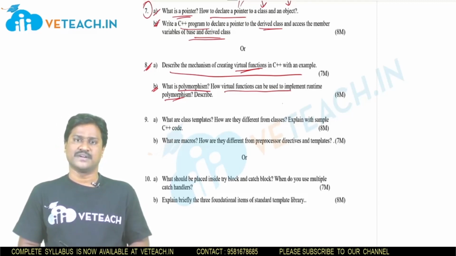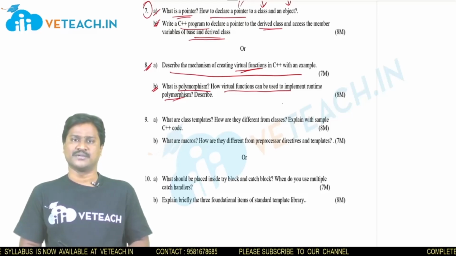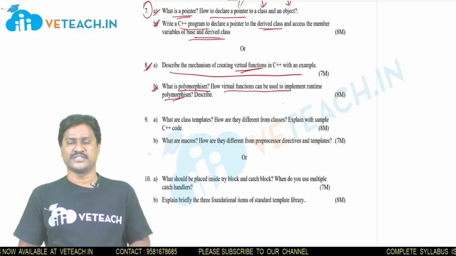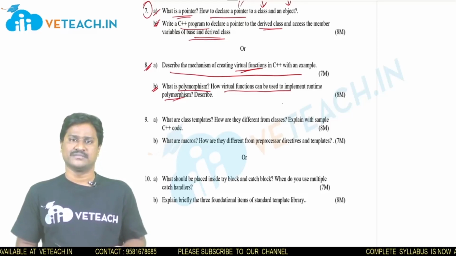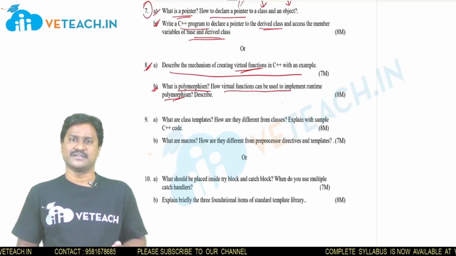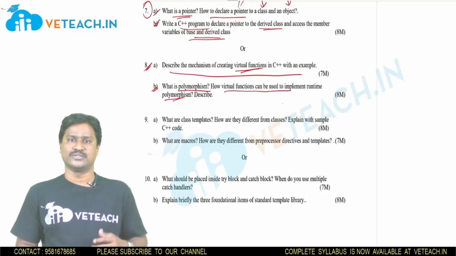of defining the data variable types at runtime, not at compile time. And we can define template data types in our program when we want to, without defining the data type. And we can use these templates for functions as well as classes, and how these templates are useful to